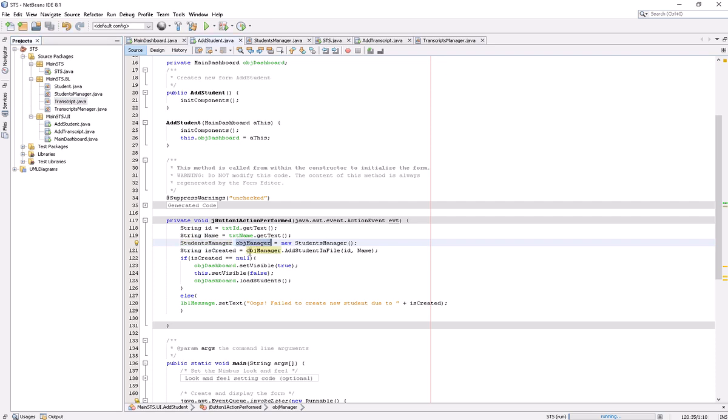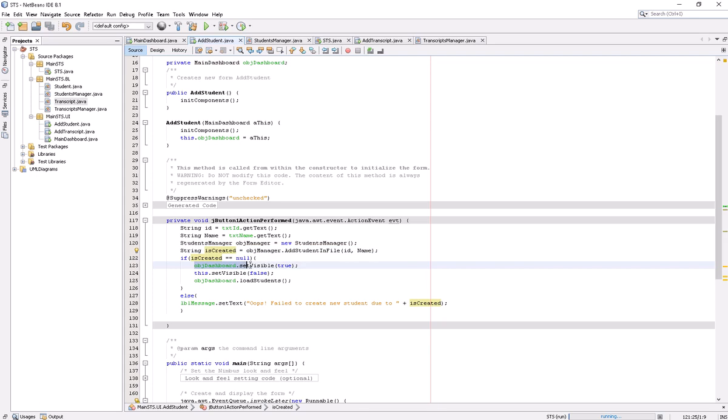So I have created its object, and then I am calling add student in file, passing these two variables. If the file operation fails, it returns a message, and if the message is null, I assume everything was okay and the student was added successfully.